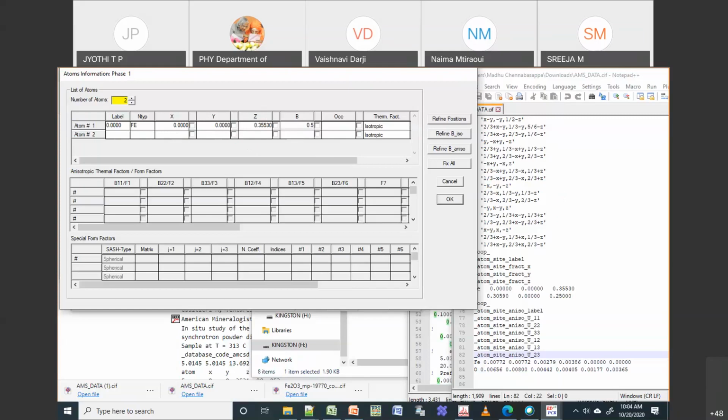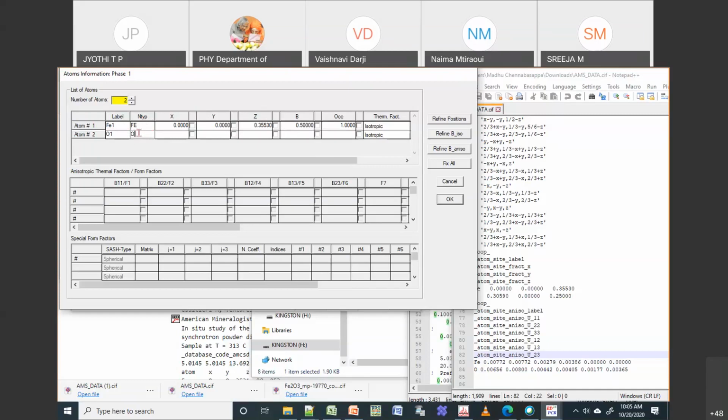So I'll put starting B iso as 0. Then I'll put this as 0, 1 for now. Then we will calculate. So the label should be Fe or Fe1, whatever you want. Then oxygen 1 or just oxygen O is fine. In case of type, you need to always put O. I should not put O1 or Fe1, because this will not recognize.